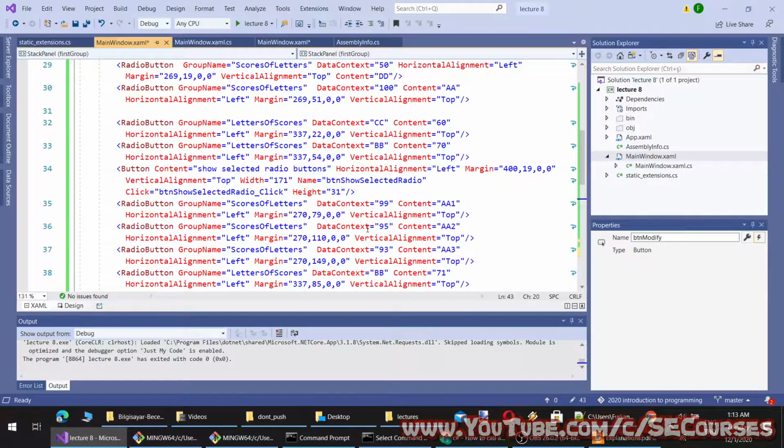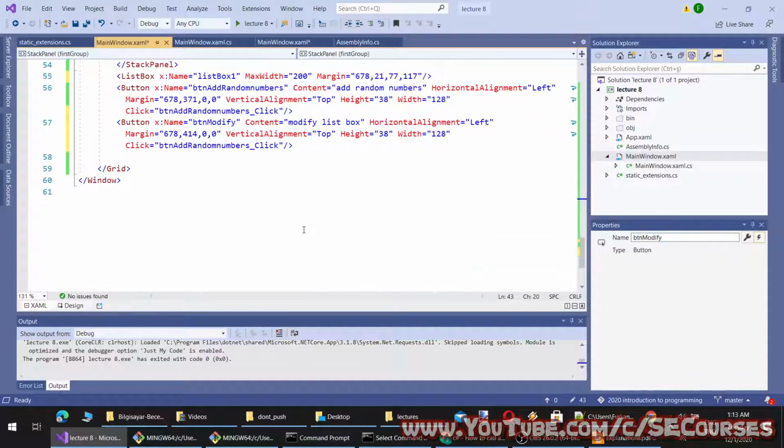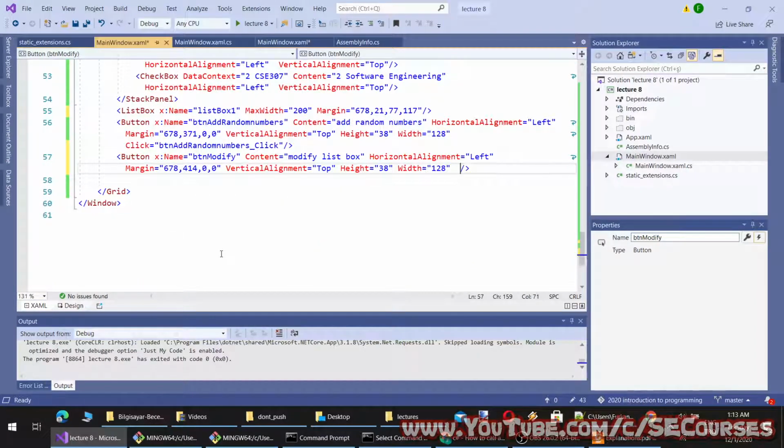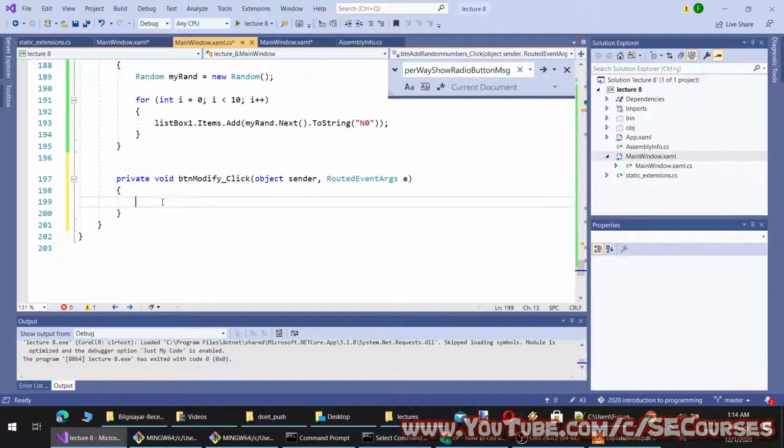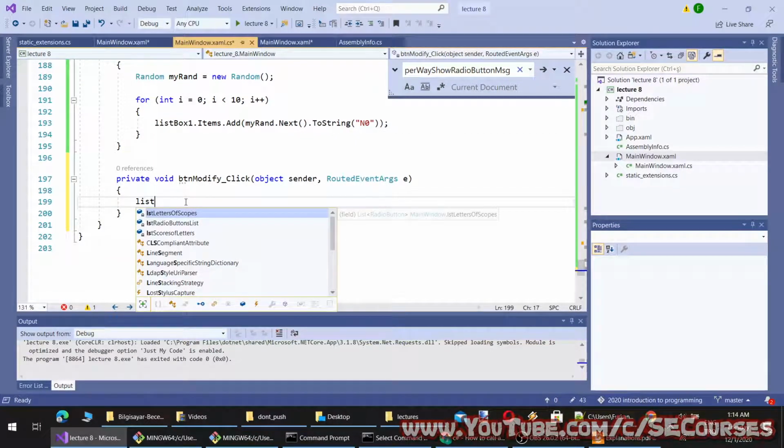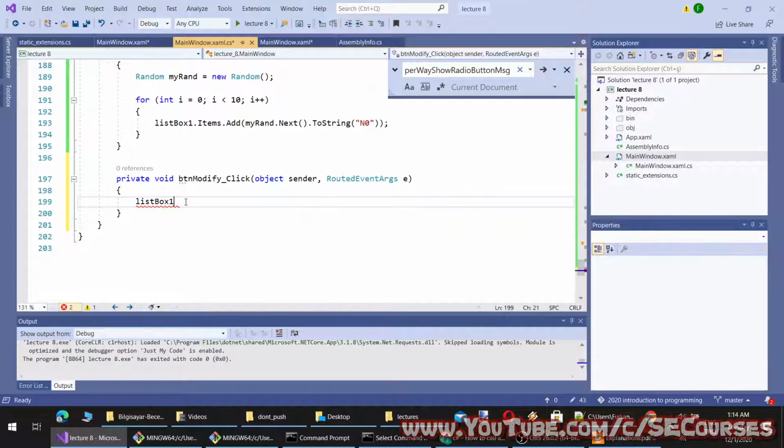Okay, let's do it from XAML here. So what I'm going to do is set the third item in the list box to something different. I can do it like this. This will be equal to 900 million.